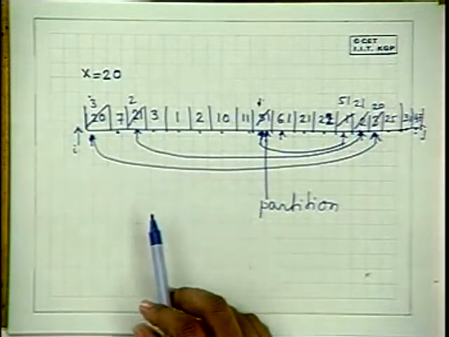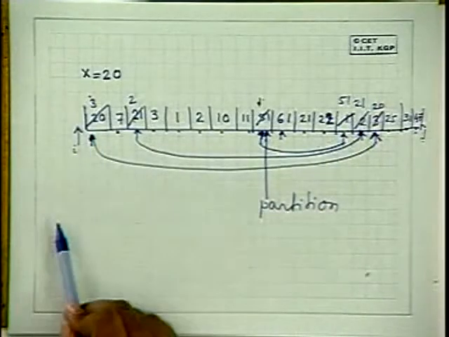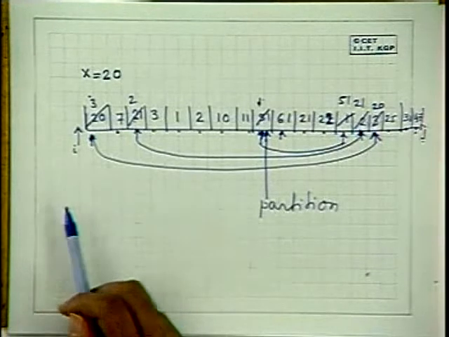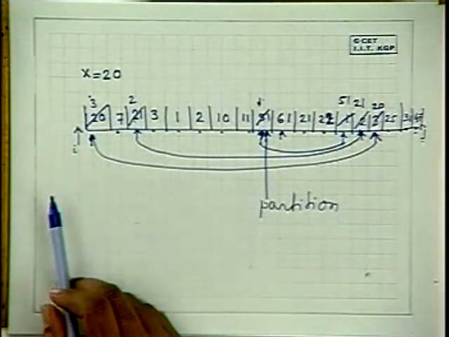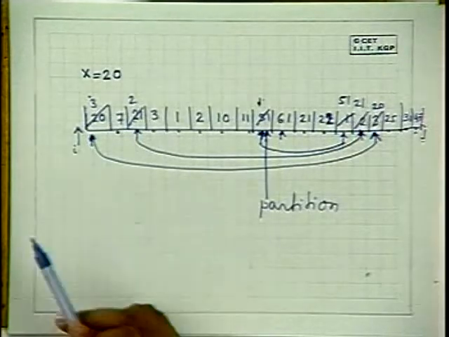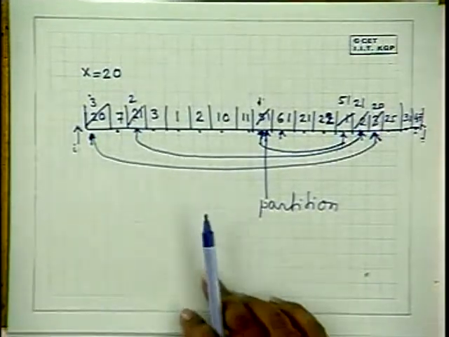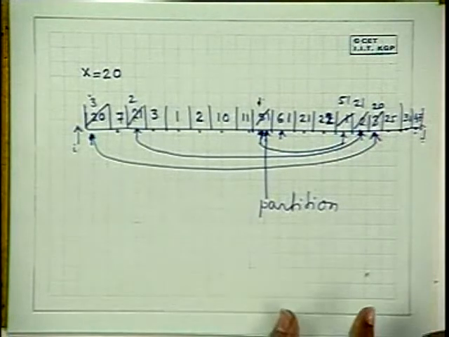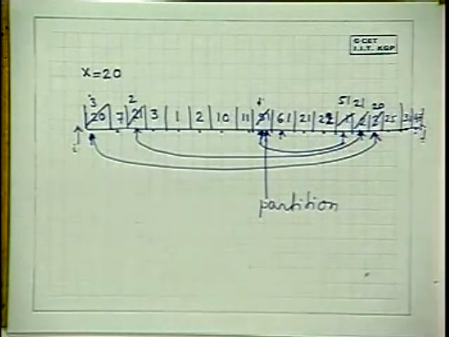So suppose the first element is 20. Yes. If the first element is the largest one, at least J will stop at that element because it is less than or equal to. No sir, I will go on like on the right side. I won't do it, sir. I will stop at 20 itself first. And even if it happens, you can easily take care of this boundary condition. Just make a check whether it is less than P or greater than R. That's not the crucial point here. The crucial point of this algorithm is that it is finding the proper partition in linear time.